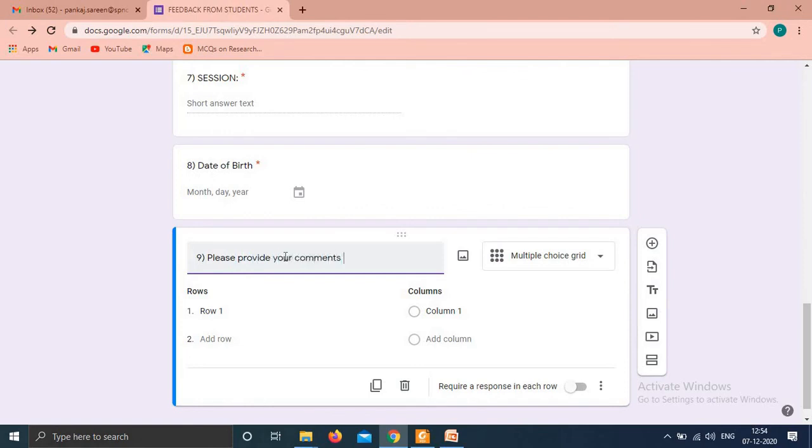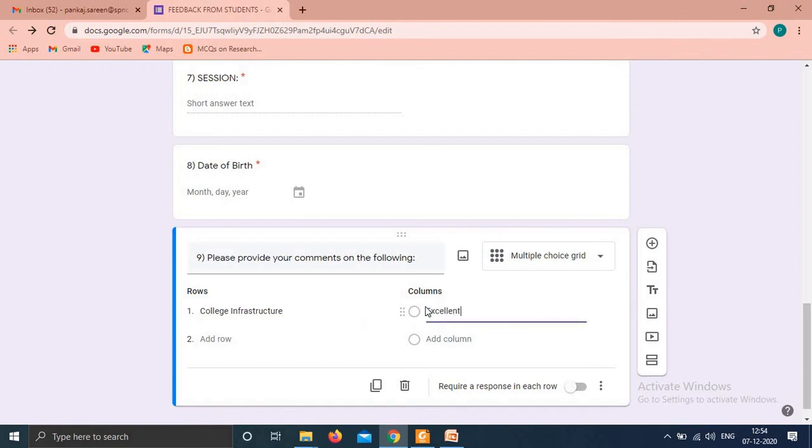Now I want the user to give feedback on the column, on the rows, college infrastructure. So it will be like a grid, and there are four columns.